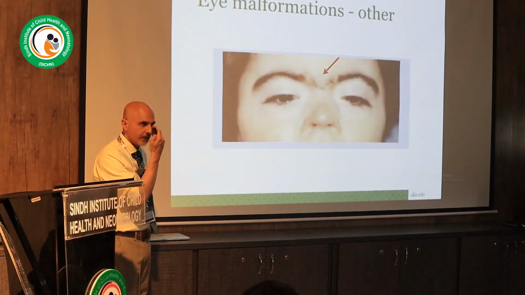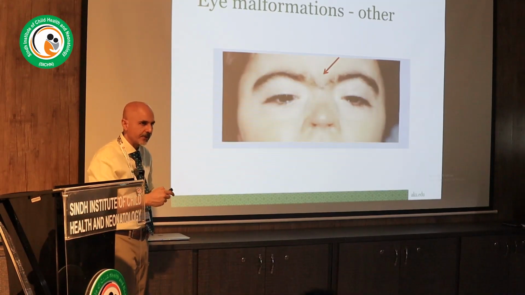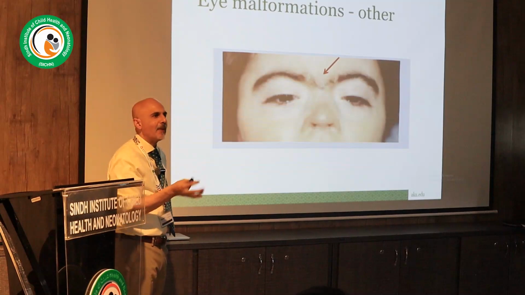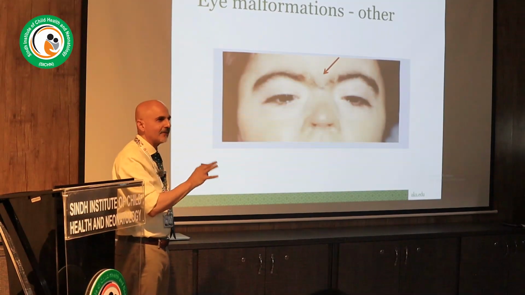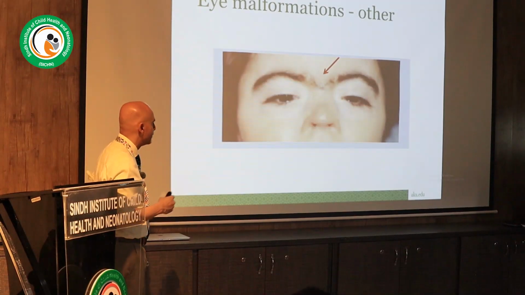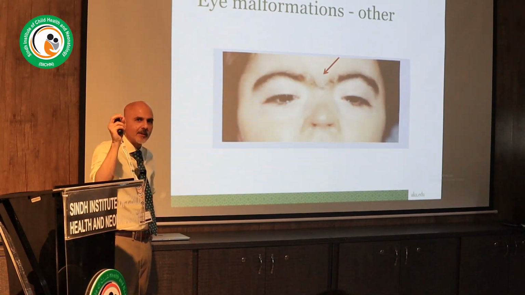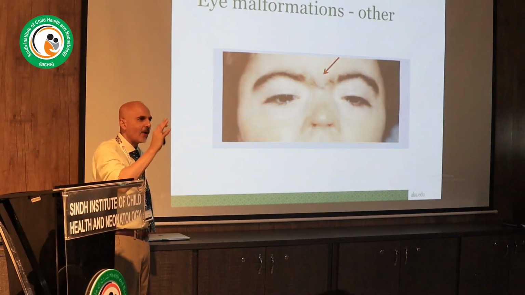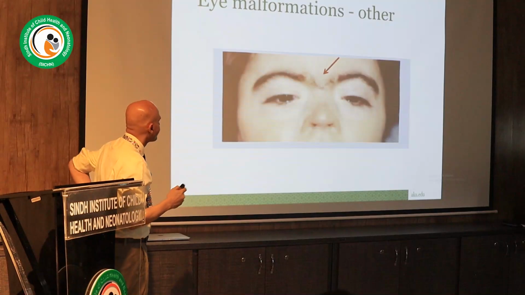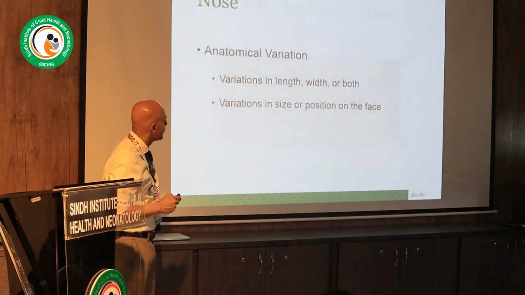This is what I was talking about in terms of the unibrow or the synophrys, because this can alert you to a particular syndrome. I'm deliberately not naming syndromes. I know some of you are itching, you know the syndrome, but the point of the talk is not that, we'll do that at the end. The point is describe what you see, right? Be like Sherlock Holmes. You know, dysmorphology and Sherlock Holmes go together, putting all the clues together, knowing what's important and what's not, and then coming up with your differential. This patient also has prominent eyelashes, as you can see.